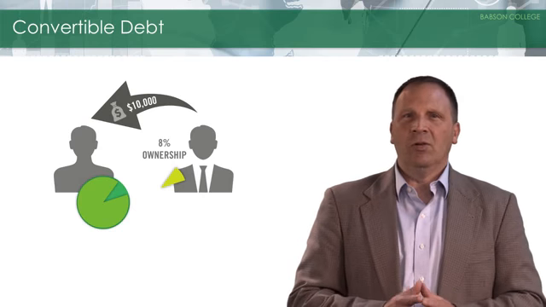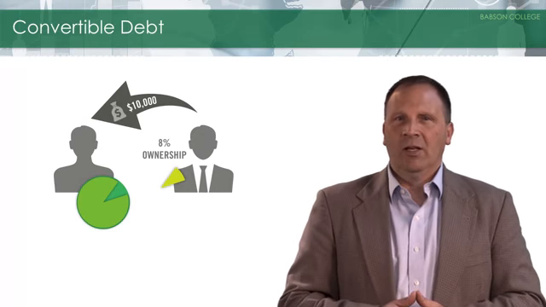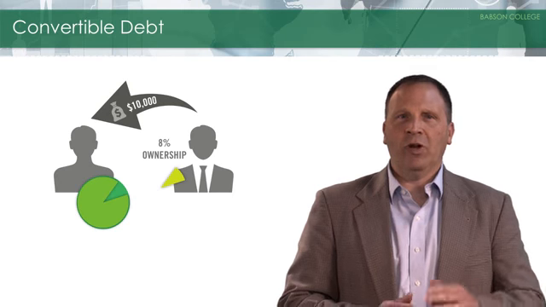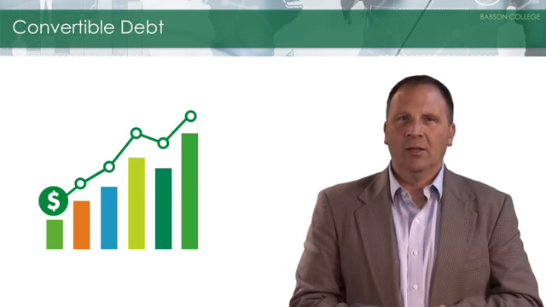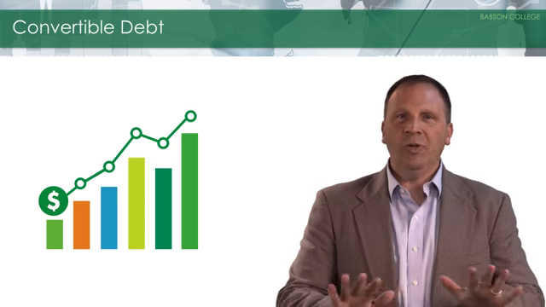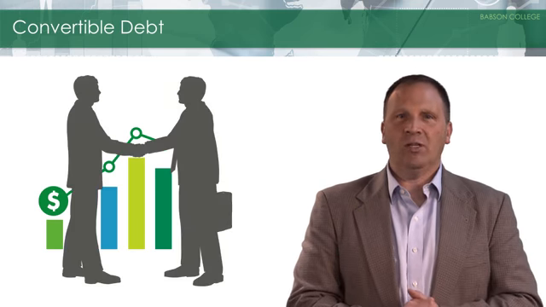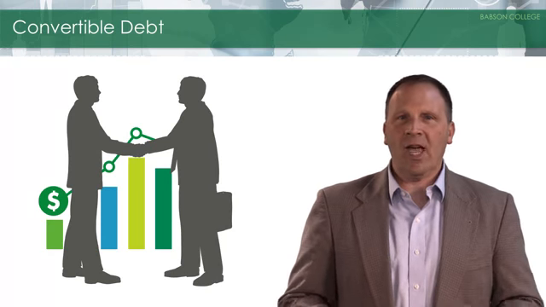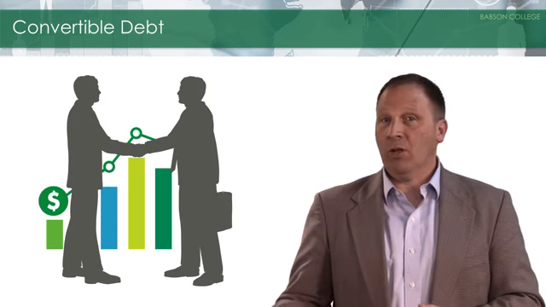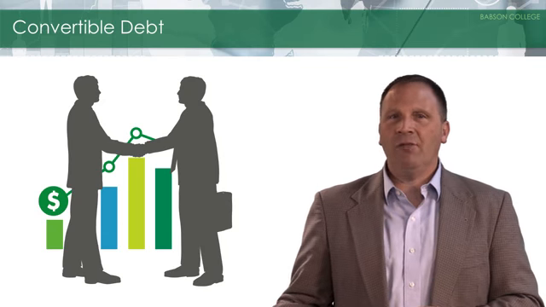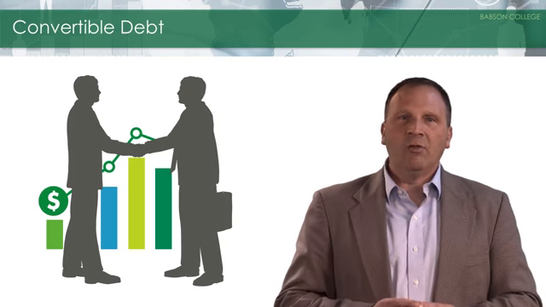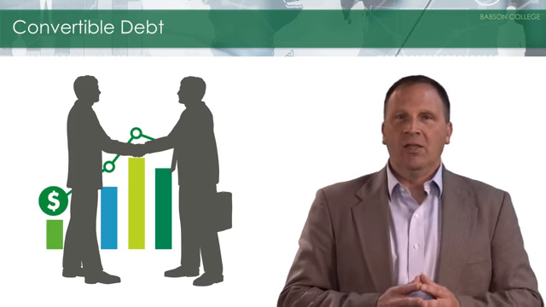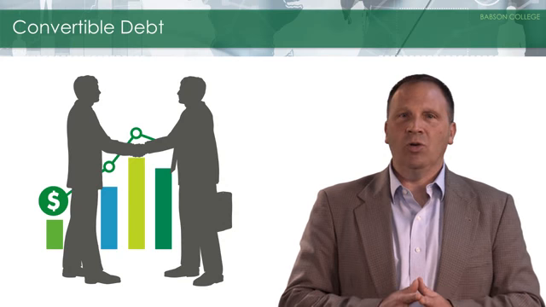How is this good for you? Think about it from the lender's perspective. The lender will only convert the loan over to equity if your business has become more valuable and is succeeding. And if that's the scenario, you'll be doing well too, so it becomes a win-win situation. At the end of the day, from your perspective, with convertible debt, if your business is growing more slowly than anticipated, then you'll have a loan but at a much lower rate of interest than the traditional debt rate. And if your business does better than expected, then you'll be doing better and so will your new owner or